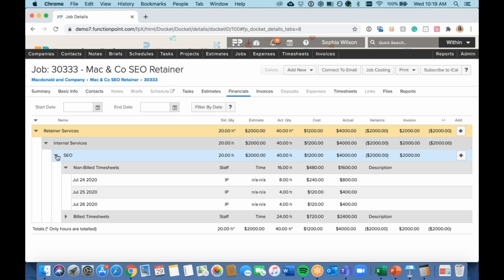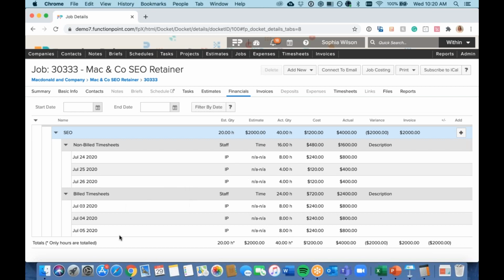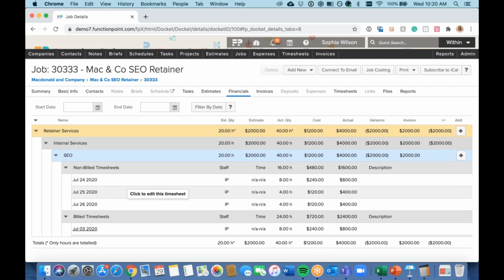So you would be able to expand this and look at where your hours currently are at, what has been billed so far, because as you track time, you will start to bill for those timesheets that are against it. So you can do the review directly this way, or you can start filtering up here to look at specific timeframes, on if it was that time or a different one where you were maybe profitable,